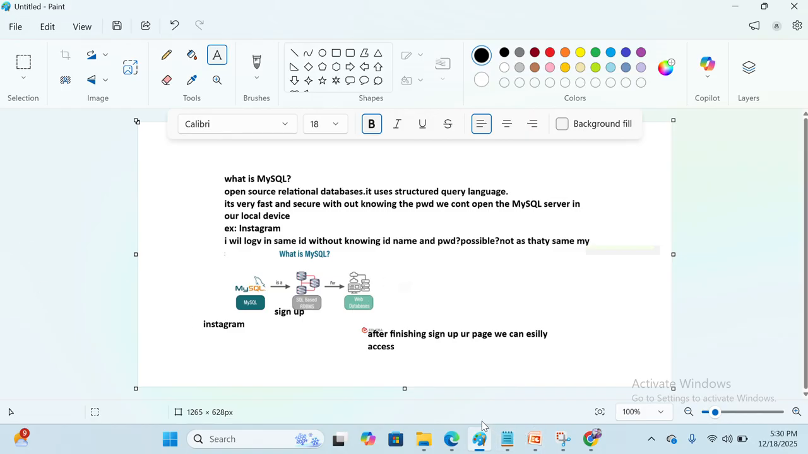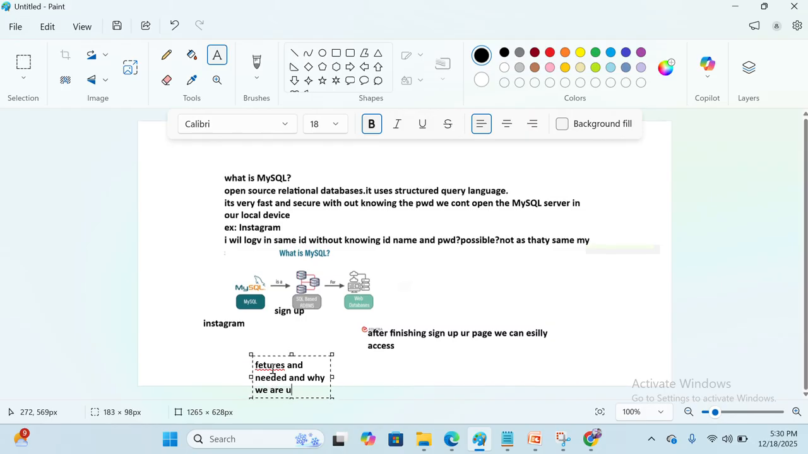So the remaining details we are discussing in the PowerPoint presentation, like features and needs, and why we are using only MySQL. We covered these contents in the PowerPoint presentation, and also I forgot to say, look here,